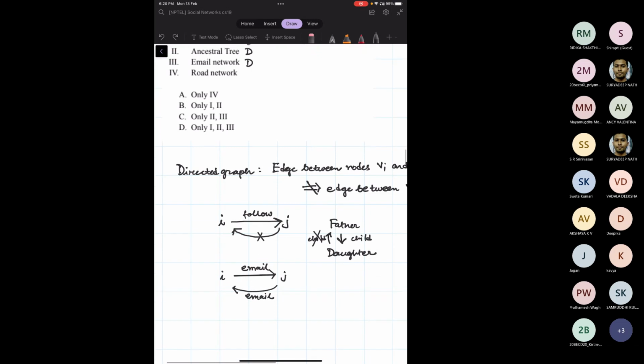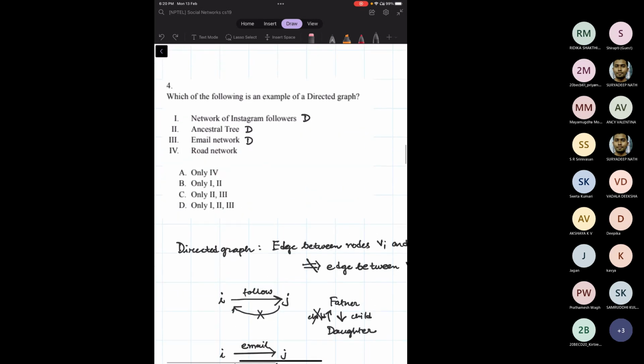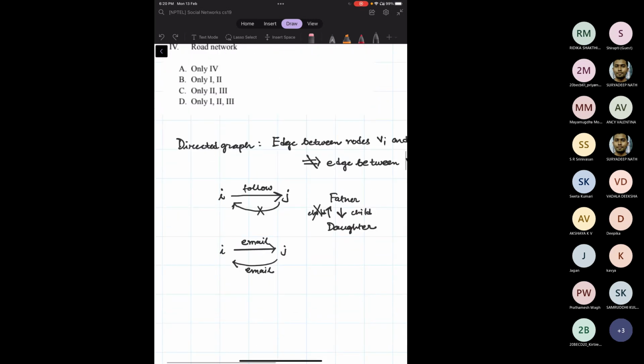So this is also an example of a directed graph. And coming finally to the road network. In this problem, it is assumed that suppose you have a city I. So let me write it. You have city I and city J. So if there is a road from city I to city J, it also implies